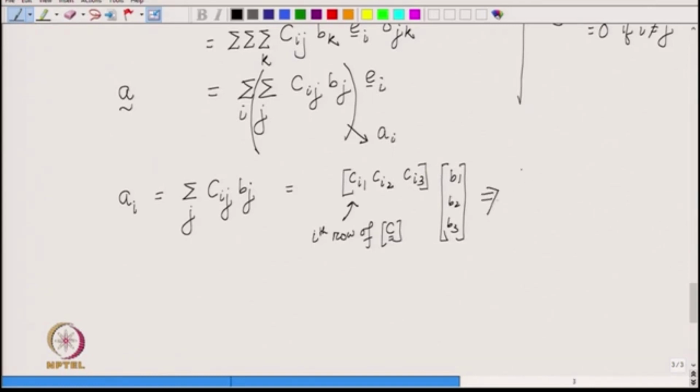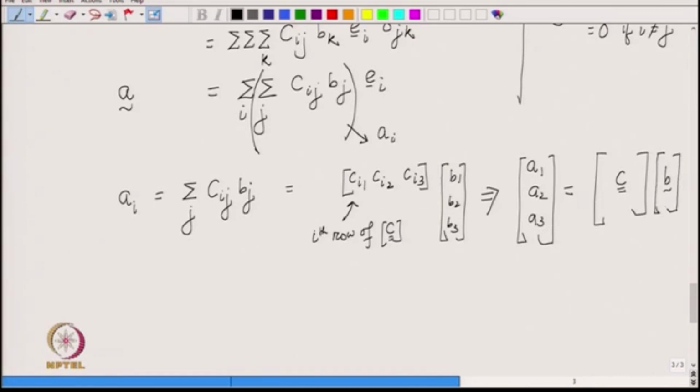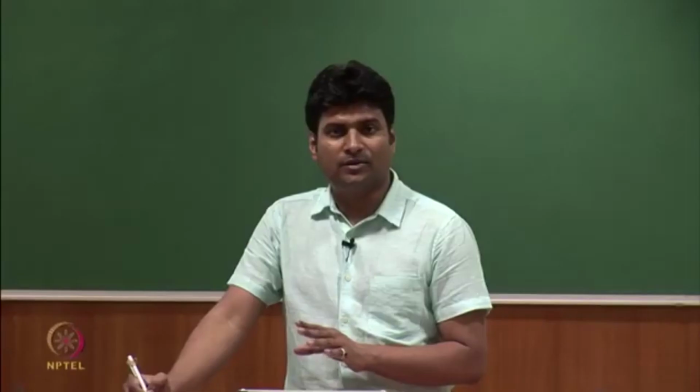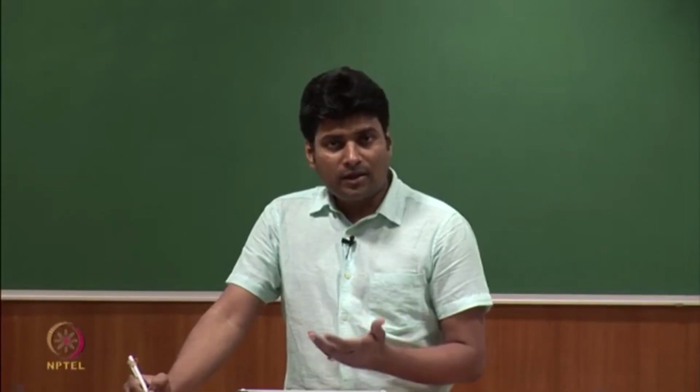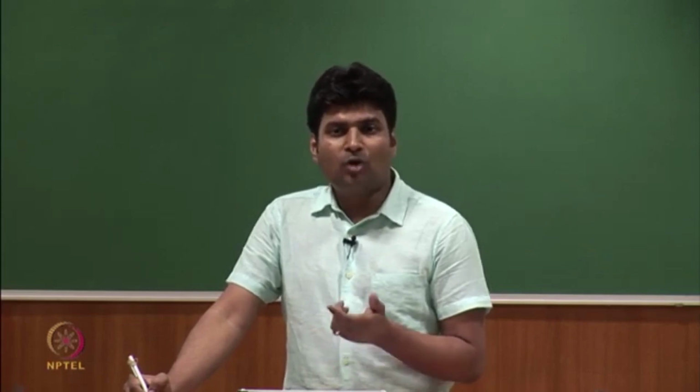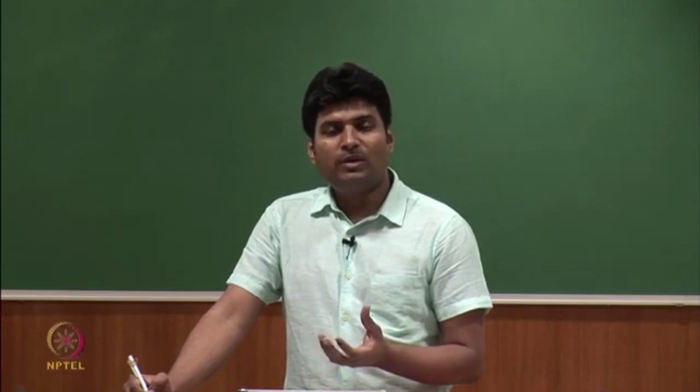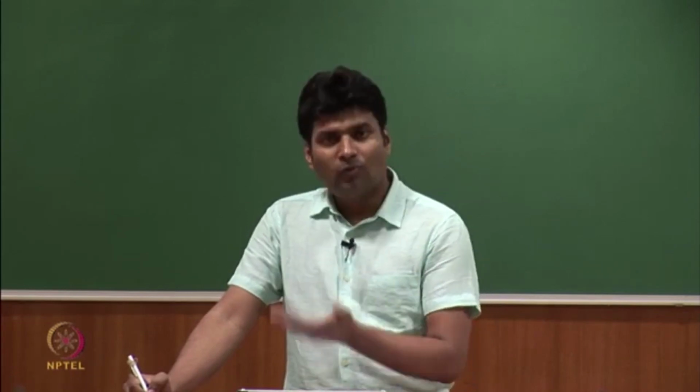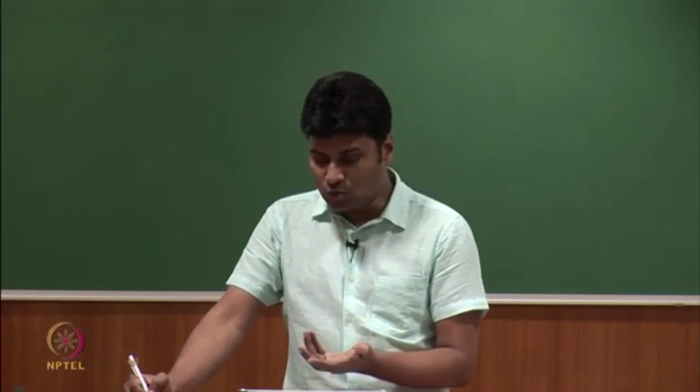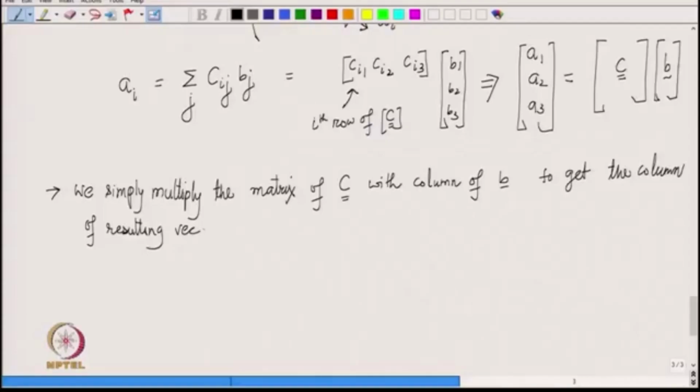So, this actually implies, if you want to get the whole column of A, A1, A2, A3, then it is simply the matrix C times the column of B. So, what we have found out finally is that if you want to multiply a second order tensor with a vector, the result is a vector, and to get the column of the resulting vector, you simply multiply the C matrix with the column of B, usual matrix vector multiplication. So, I will just write here,